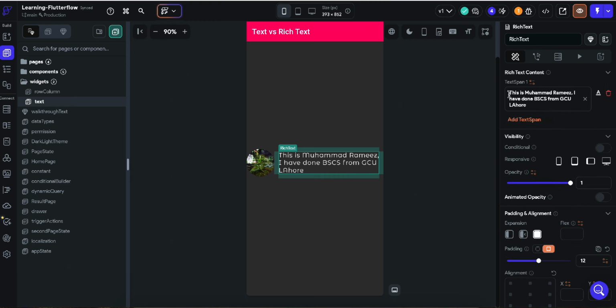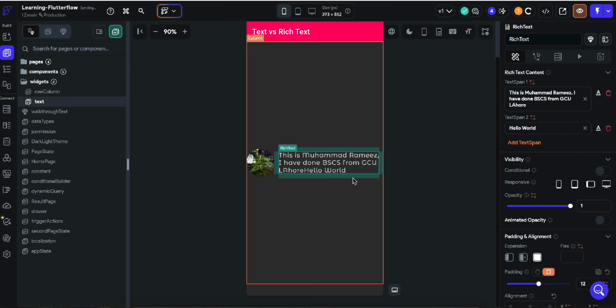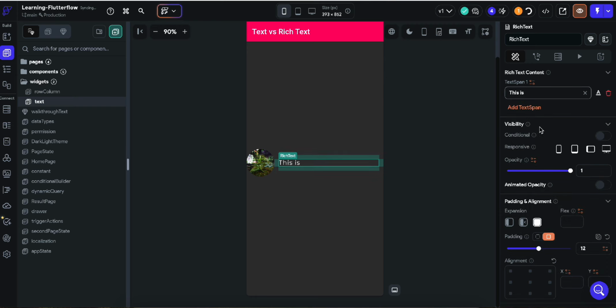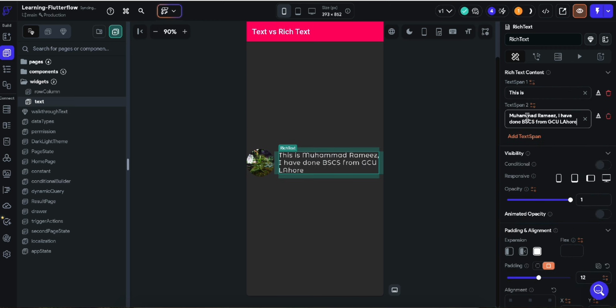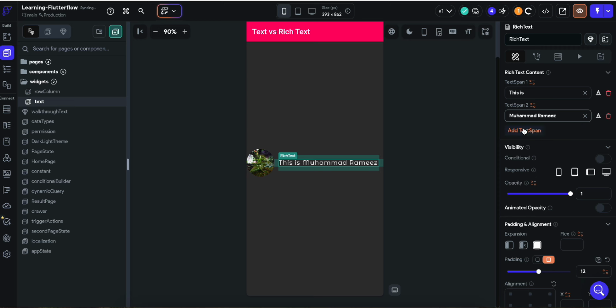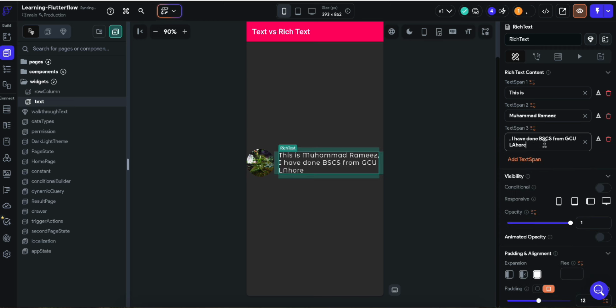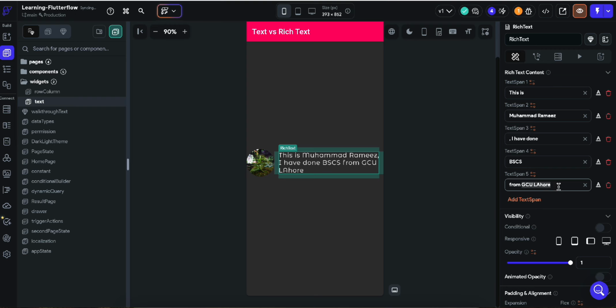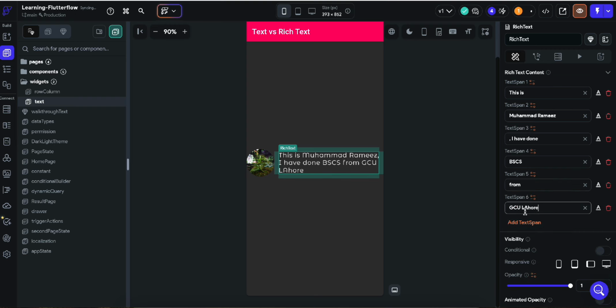Here you can see that this is one text, and if I add one more text, you can see that I'm gonna change this thing. Let's suppose I'm gonna add multiple text within a rich text, and I'm gonna manage everything in a single way. Okay, so let's suppose this is Muhammad, this would be white, and then we have a text span, then we can paste the remaining thing, and then cut the remaining portion and paste it into the next one. I have done BSCS, cut this thing, paste it here, and then paste it here, and then paste it here. Okay, so you will not be able to see any change here, which is totally fine,